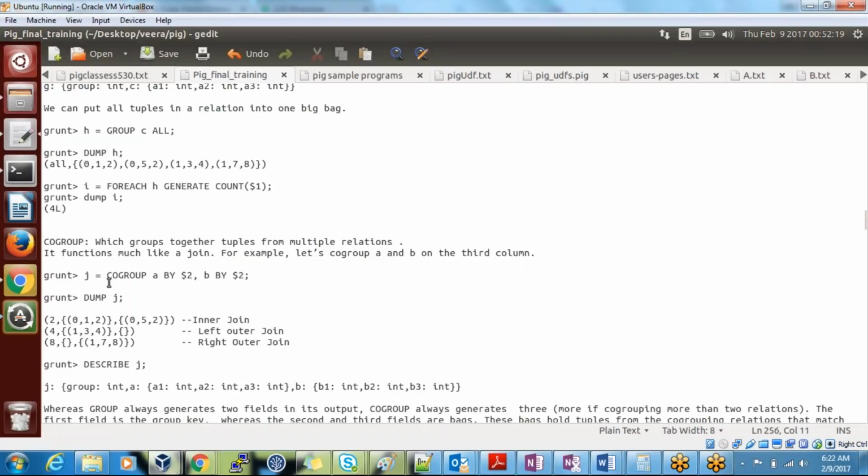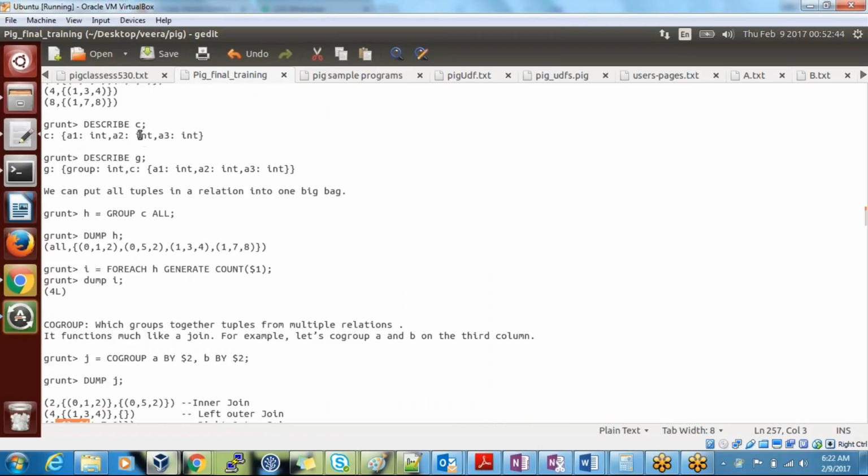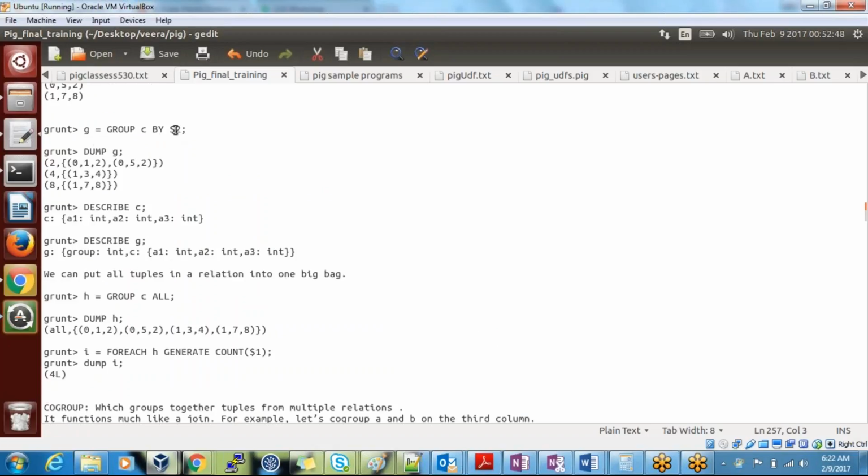Okay, and this is the last column 8. Whatever matched on the right side, all came. Whatever is not there in the left side, nothing came. So what does it mean? It is a right outer join. Okay, is that the same case in the normal group case? In the normal group, we can only do one relation. See here, how many relations have we used?